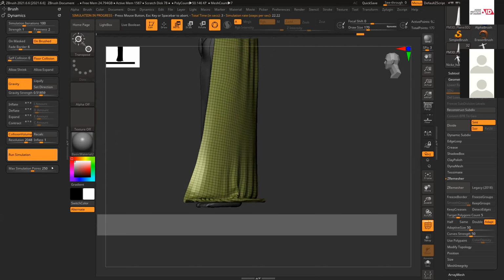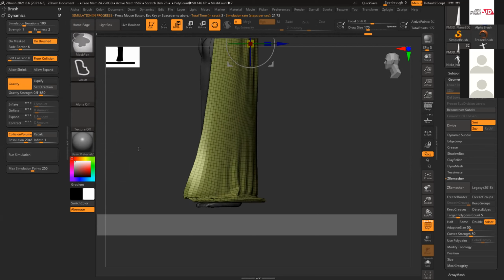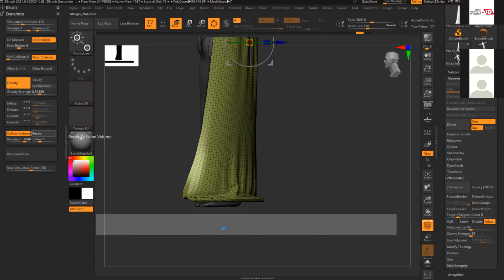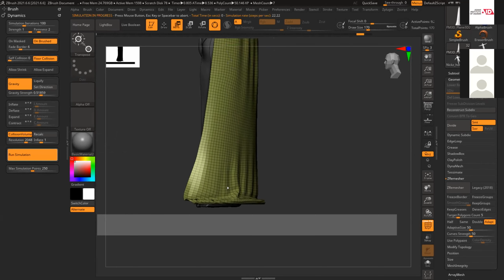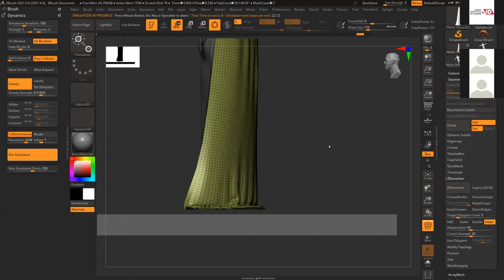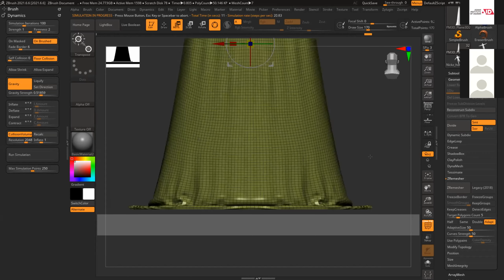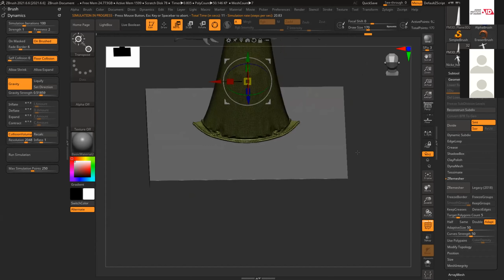And here, okay, I have to recalculate, sorry. So before doing this, I have to undo it and recalculate, because the position of this thing changed. It will take a little time to recalculate everything, and then I'll run simulation. Now it will come down. And the strength is too strong, so it's stretching the mesh. You can see it creating this fold, and it's not symmetrical. If your symmetry is on, it will create a symmetrical thing. If your symmetry is off, it will create an asymmetric thing.